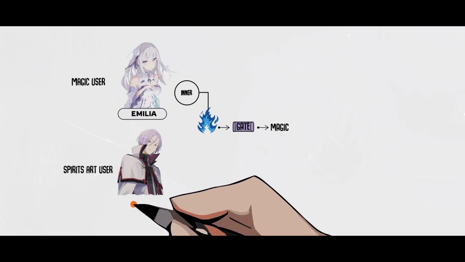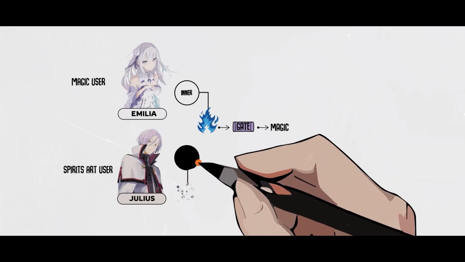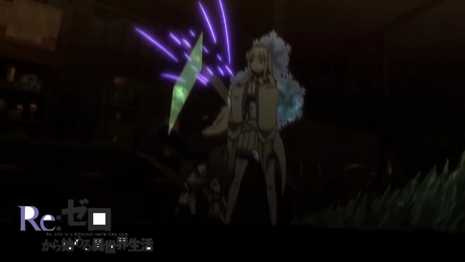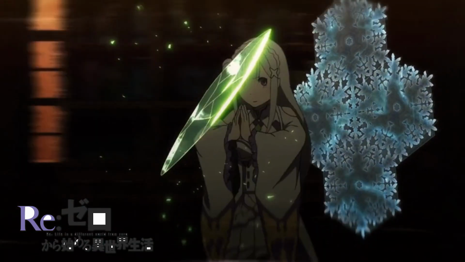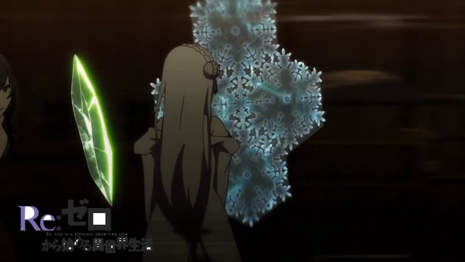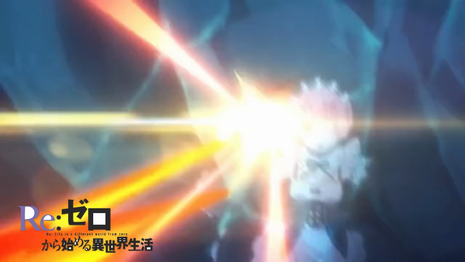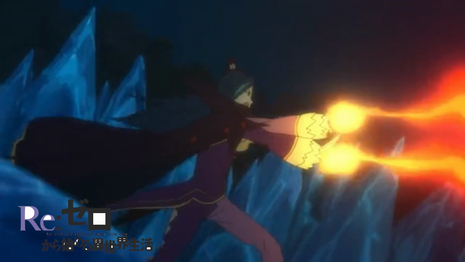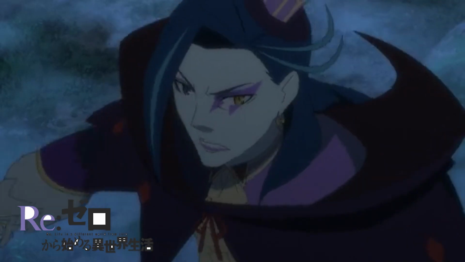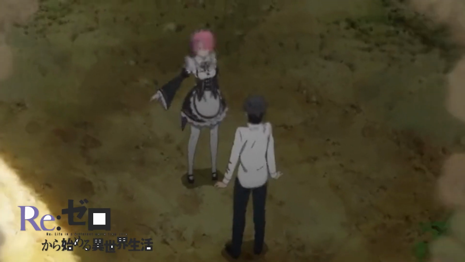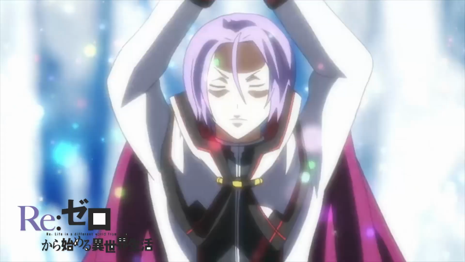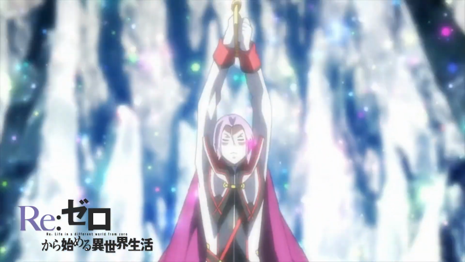The type of magic a person can use depends on their affinity with a specific element. Affinity determines how easily someone can convert mana into a particular type of magic using their gate. For example, someone might easily convert mana into wind magic, but struggle with fire magic to the point where using it becomes inefficient. Some individuals can also use the mana in their environment as their own. These people are known as spirit arts users, and they cast spells by drawing on the mana of the spirits